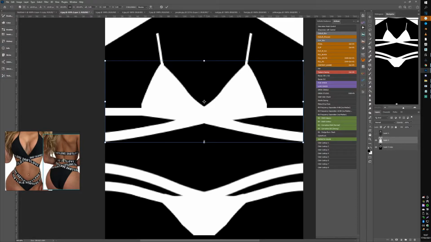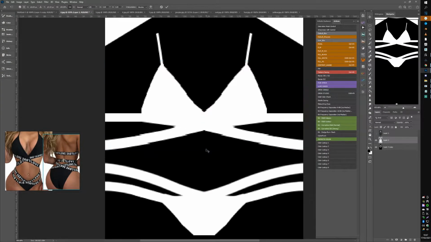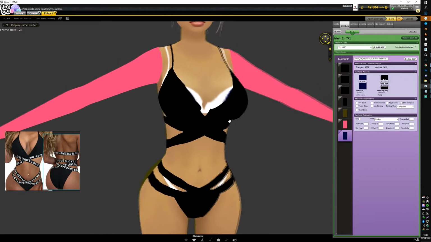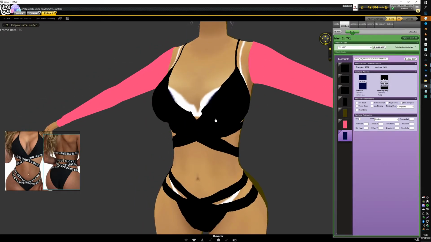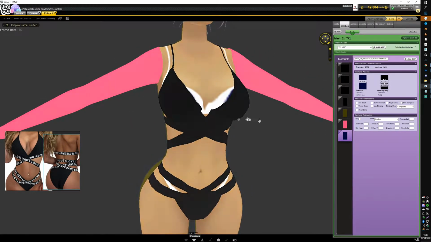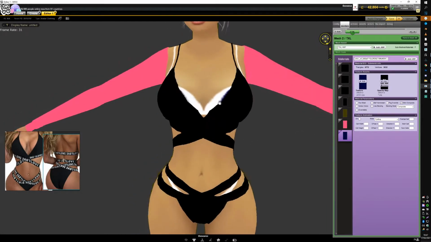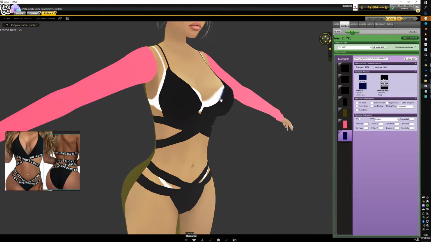Make a duplicate and drag. Now it's showing the general coverage area, so